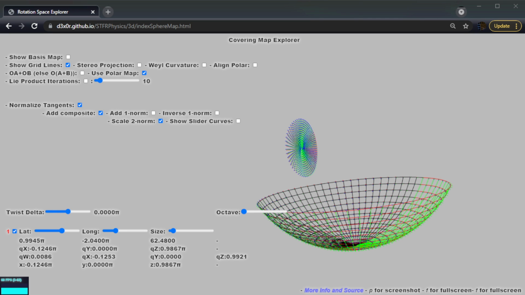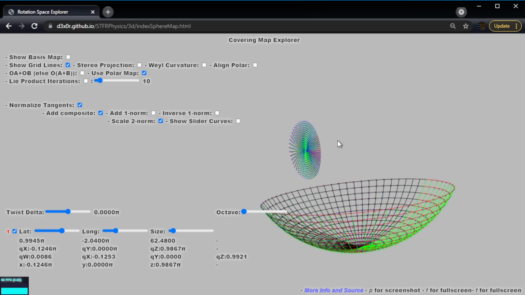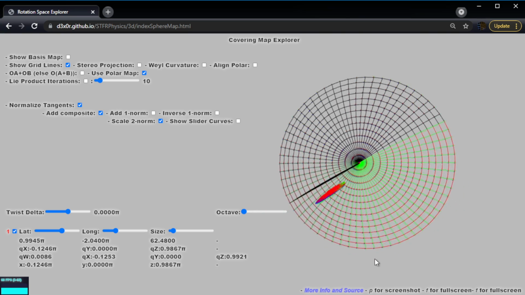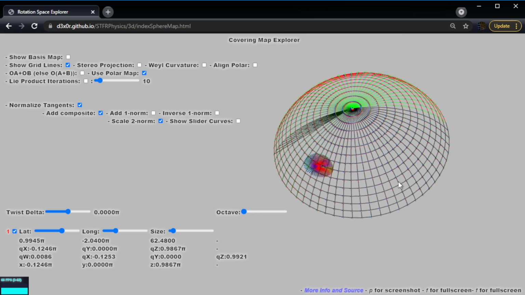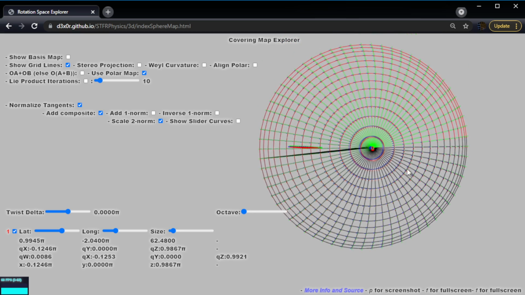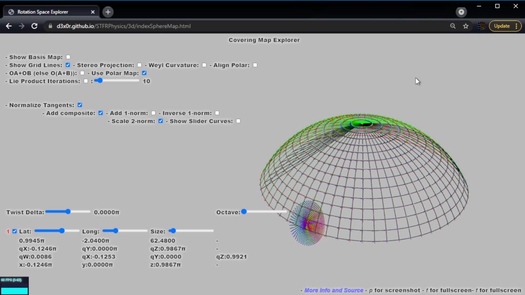This is my covering map, Rotation Explorer, covering map explorer. You can have a polar graph, which is more like a complex number with an r and a theta. The r is actually an angle